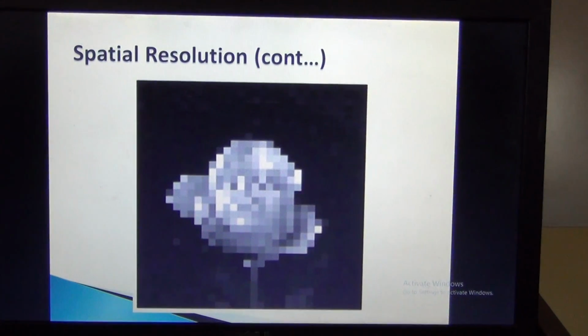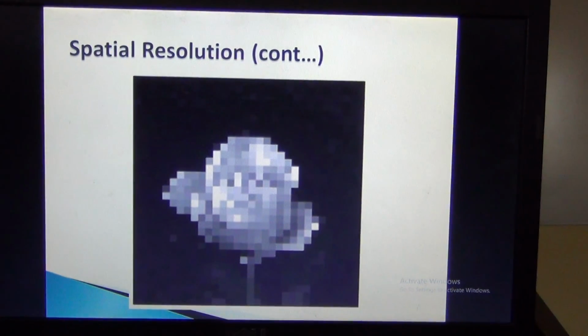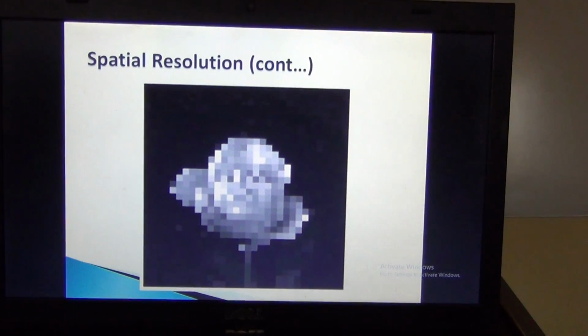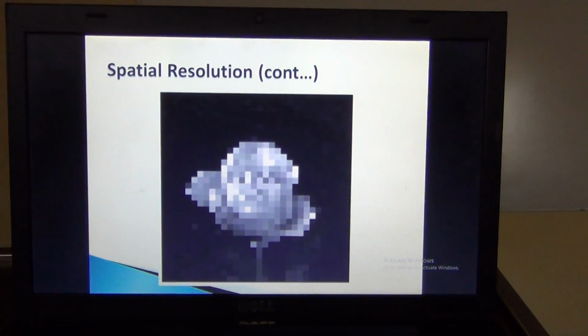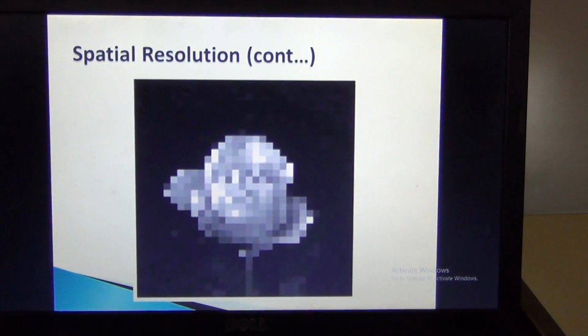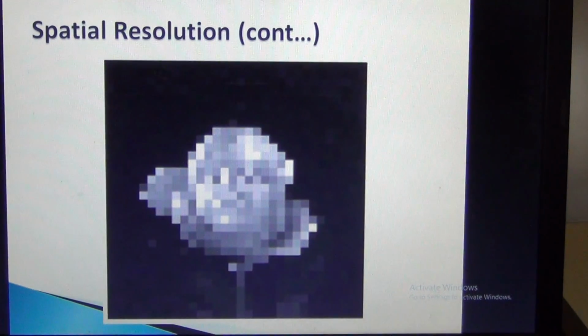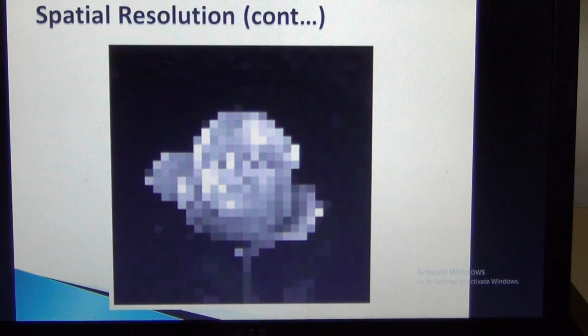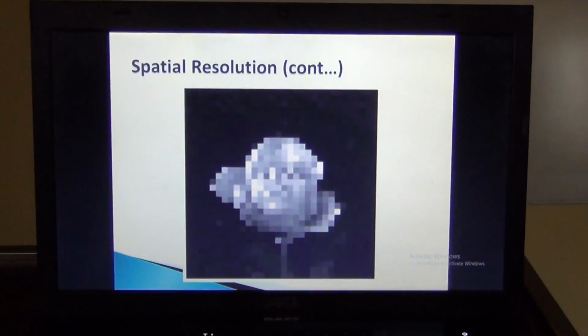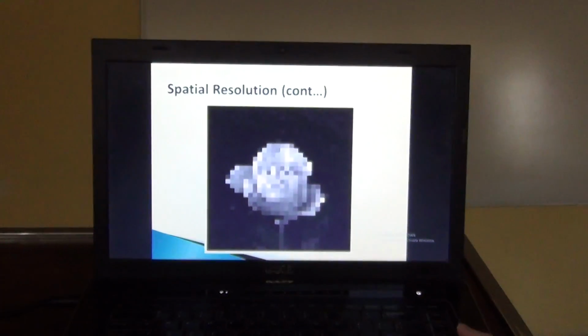Here we can easily distinguish between the resolution of a smaller pixel image and a higher pixel image. The quality degrades with the smaller pixel image because of the sampled values, and here we can see that only small details of the image can be seen.